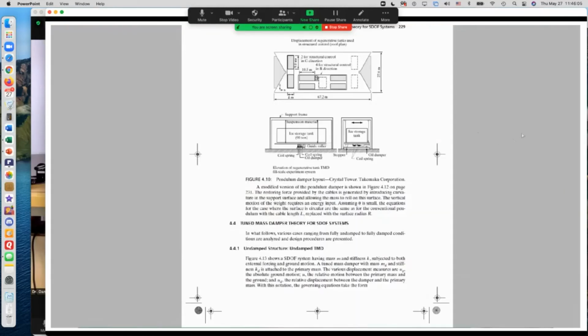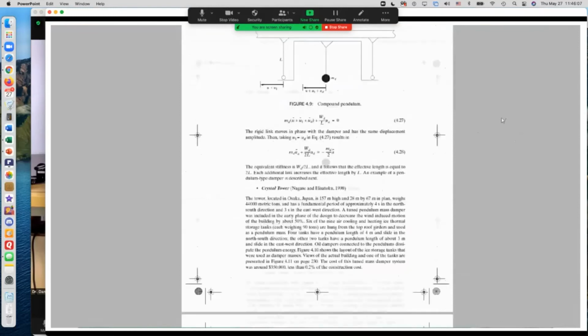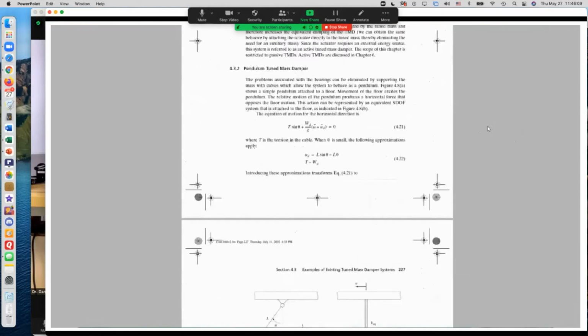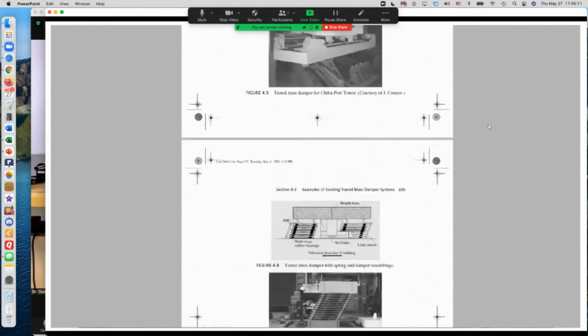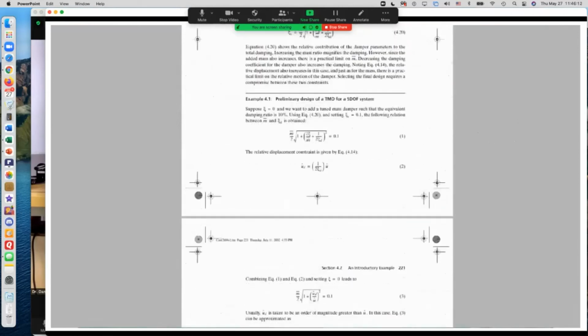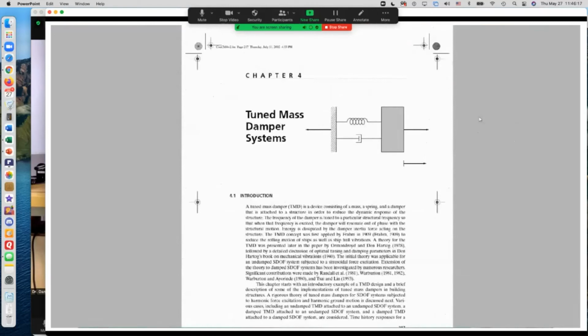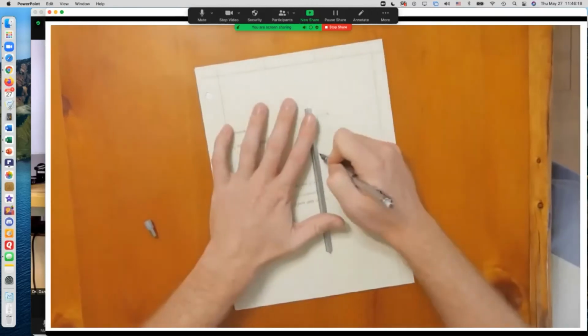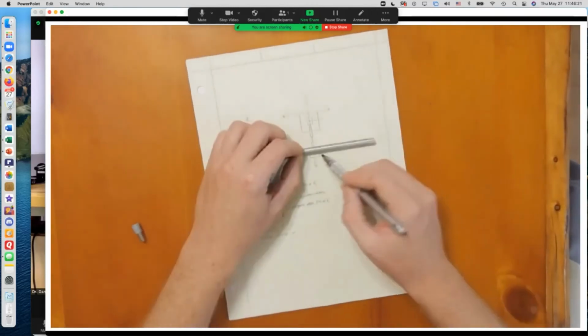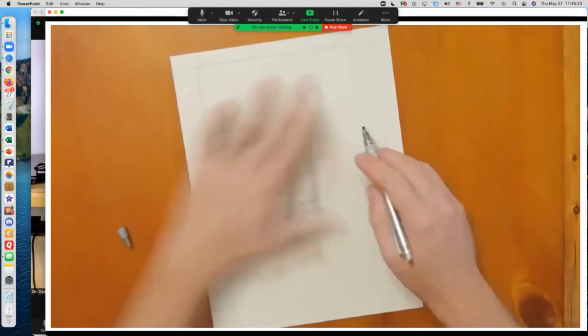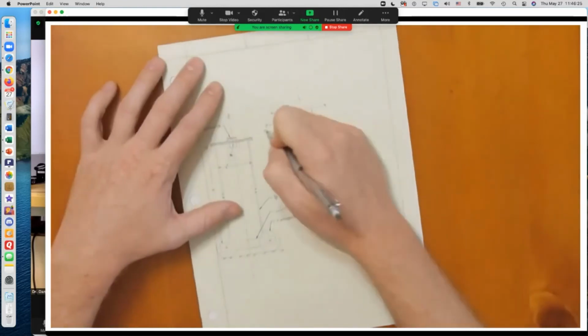And buildings aren't good for much if people don't want to be inside them. So engineers have come up with some novel solutions for minimizing this unwelcome vacillation. And I want to talk about one of those today, the tuned mass damper, or TMD. A TMD reduces the amplitude of vibration by absorbing kinetic energy from the system, in this case the swaying motion